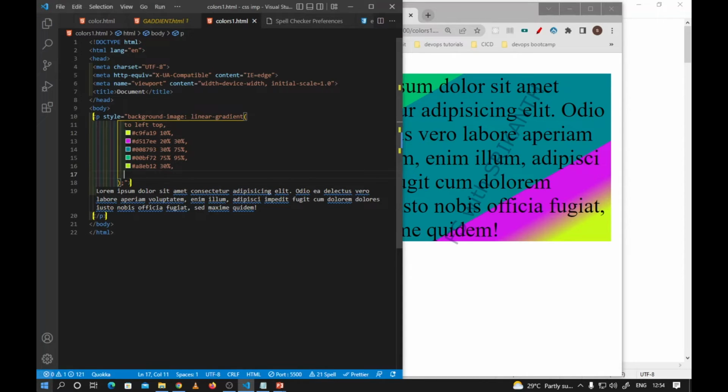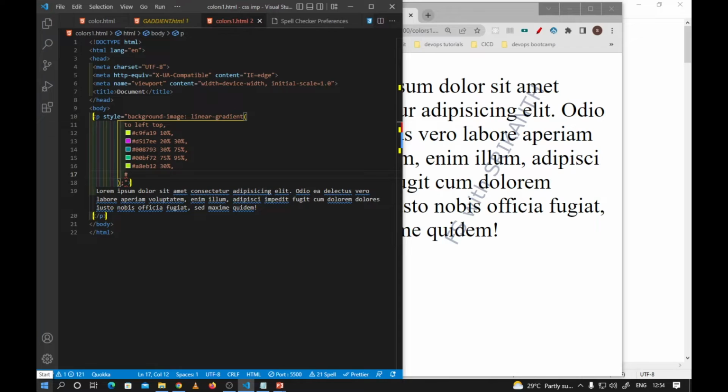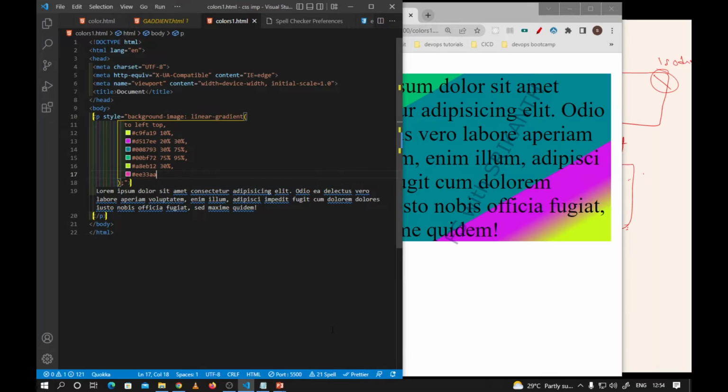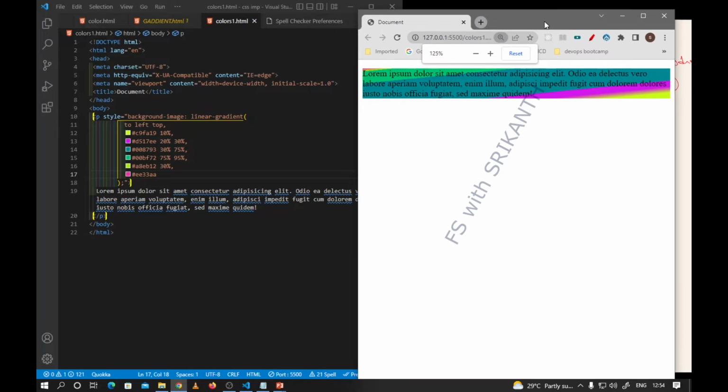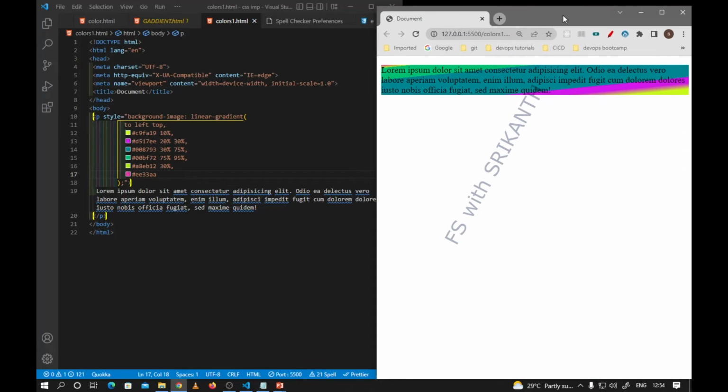Suppose I want to add one more color here, hash, this is one color, then you observe here what color, this is one different color, right? So with the help of this linear gradient, we can create multiple background colors, gradient background, right? With the help of gradient background color, multiple colors we can adjust and we can design as a background, right? So next one,